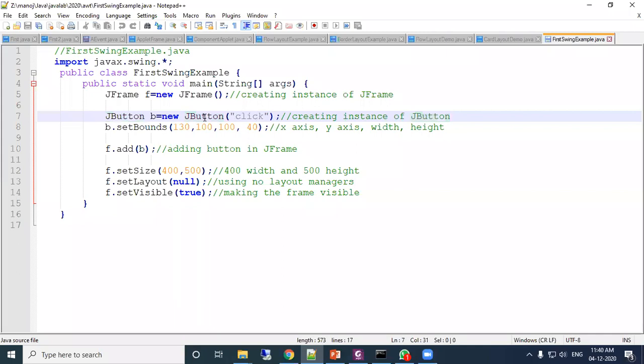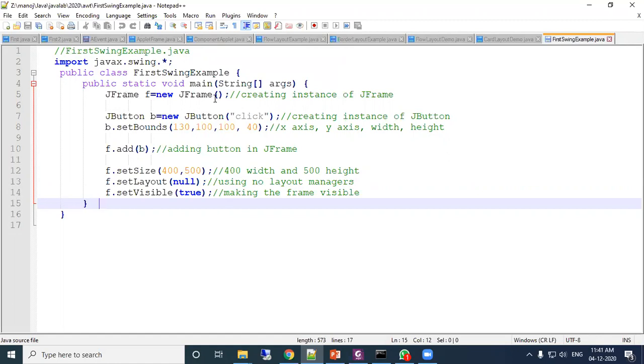Click button is there. Then the area is set for the button b, that is the size of the button. Then f.add(b), so it is added to the JFrame. f.setSize, f.setLayout, f.setVisible. These four methods you already know: to add a component, set the size, set the layout, set the visibility.